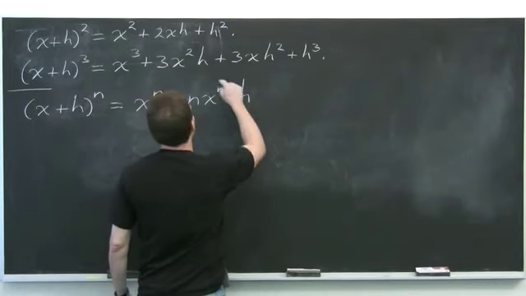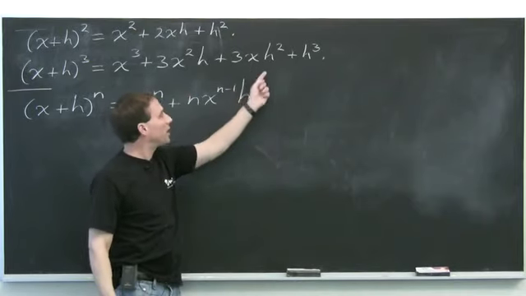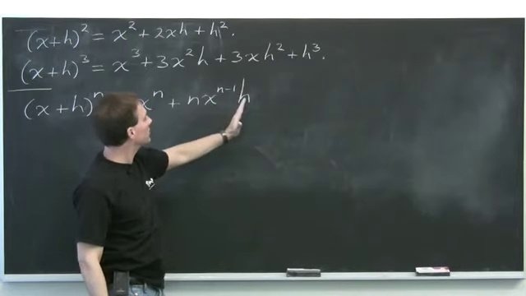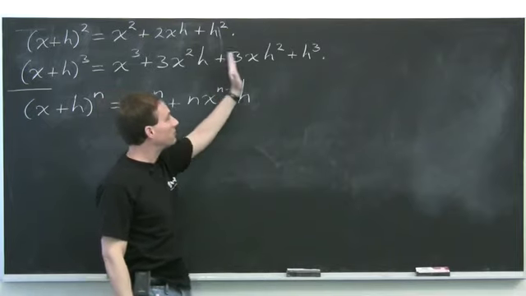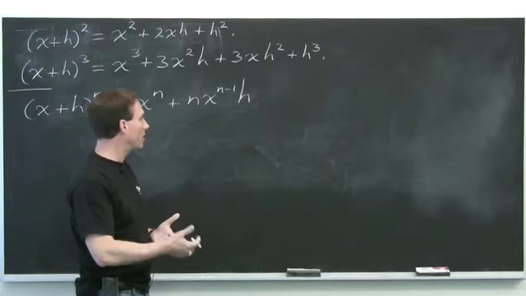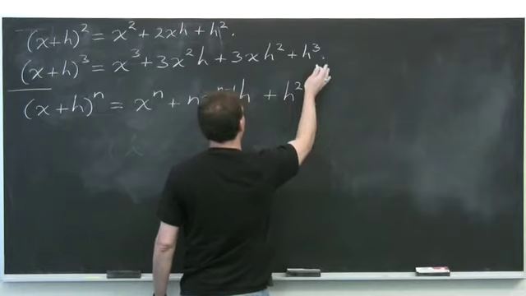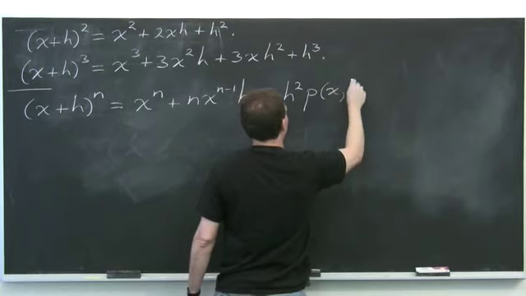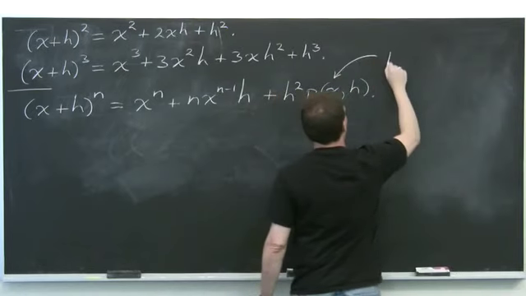What's the other stuff? The other stuff is you've got powers of x and powers of h, but after this, all the powers of h are 2 or bigger. Right? Because in the next term, the power of x will go down by 1, the power of h will go up by 1, so you'll have an h squared. And every term after that will have a power of h that's h squared or higher. So I'll just write that we get something that's h squared, and if you factor the h squared out of those terms, h squared times some function that'll have x's and h's in it, where this thing is a polynomial